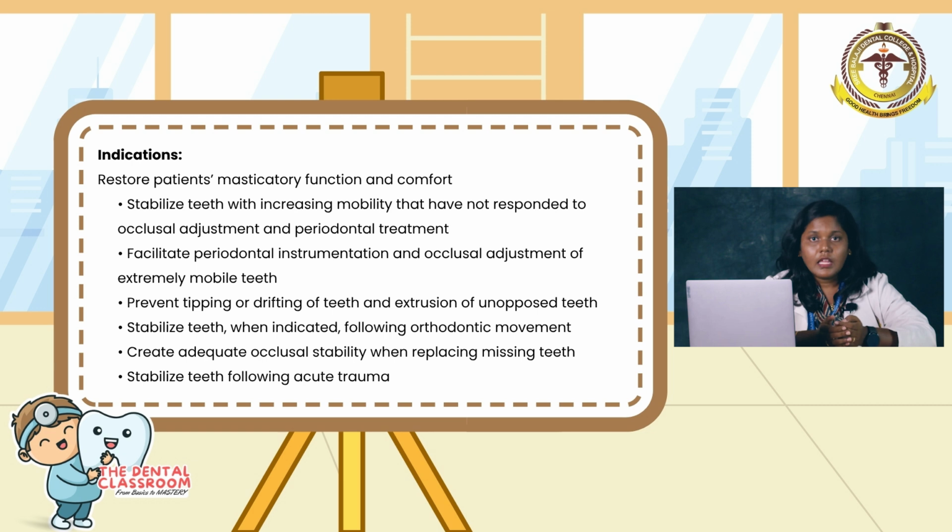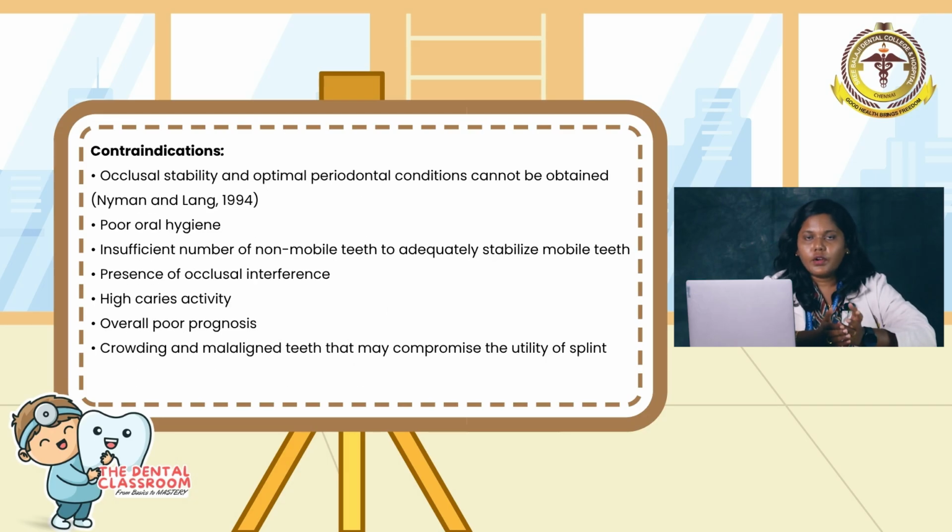Patients who have acute periodontal trauma, we can splint. And patients with increasing mobility which has not responded to periodontal treatment, we can also splint. And patients who are undergoing regenerative periodontal therapy, for whom stability of the teeth is needed, we can splint. And when is it contraindicated? Splints cannot be given for patients